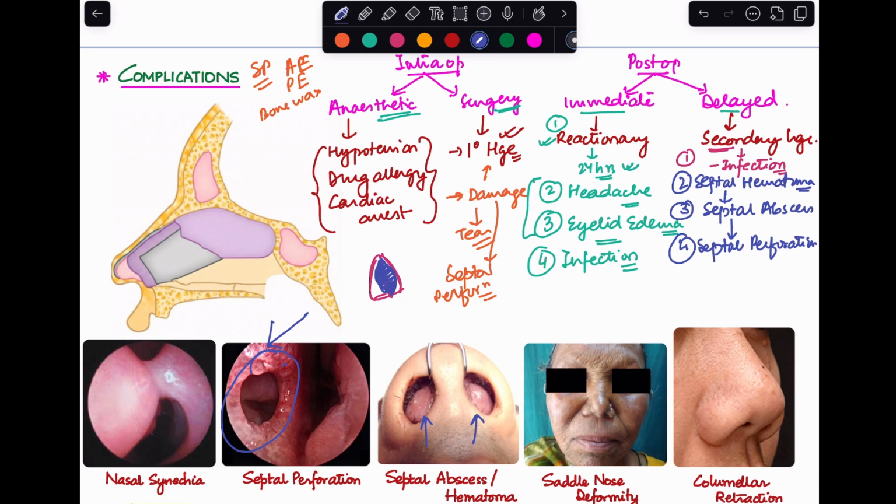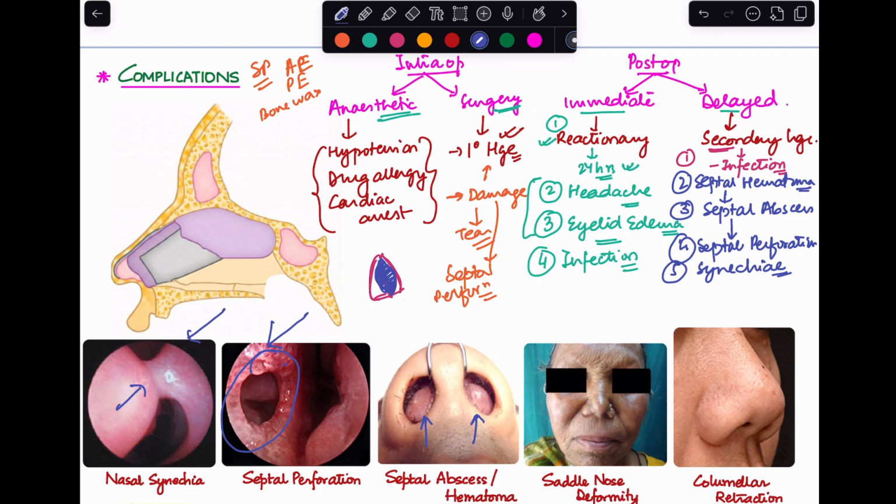So these were some of the delayed complications. Next, we have the development of synechiae or adhesions in the nasal cavity. If you look at the first image over here, this is what a synechia looks like. How does this happen? If during the time of surgery you end up causing injury to the septal flap, as well as the turbinates on the lateral wall at the exact identical site, you have basically left raw mucosal surfaces on both sides of the nasal cavity. So these will join up together to form adhesions, or what is known as synechiae.